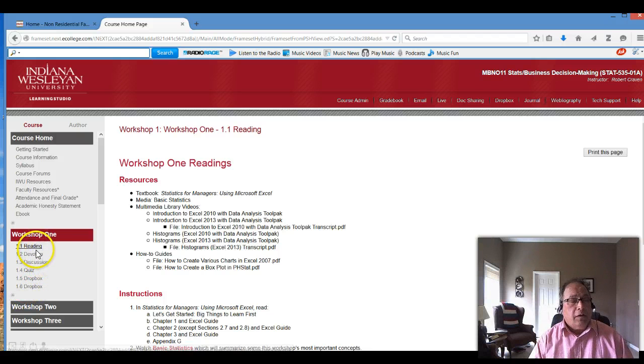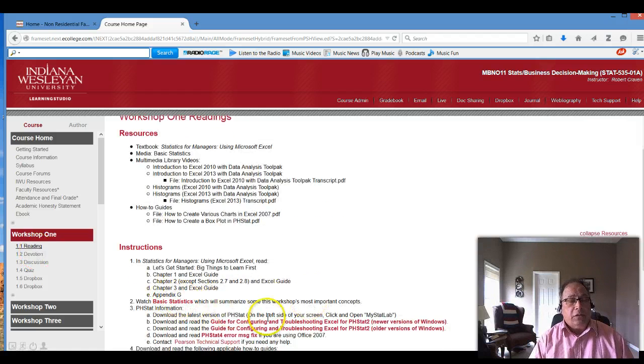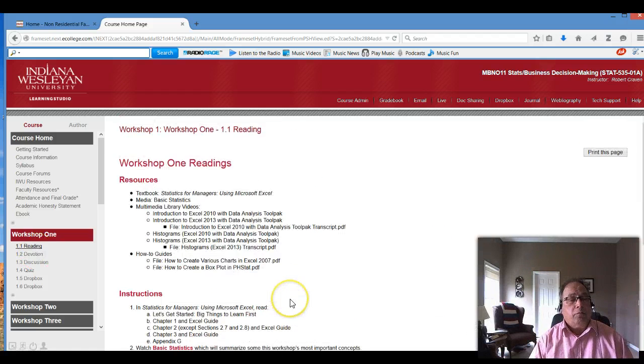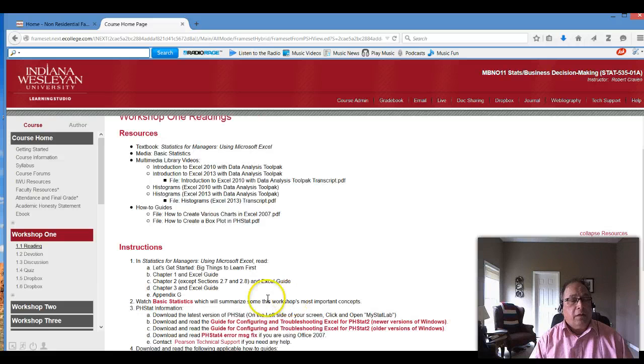Under the reading for Workshop 1 are the chapters that you will read the first week. So the first week you'll read chapters 1, 2, and 3. At the end of each chapter is an Excel guide, and I would encourage you to work through the Excel guide. It walks you through completion of the graphs and charts and statistics that are discussed in the chapters.